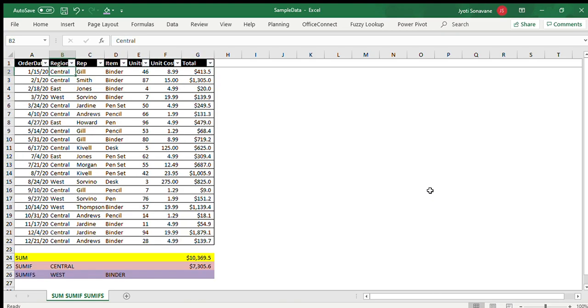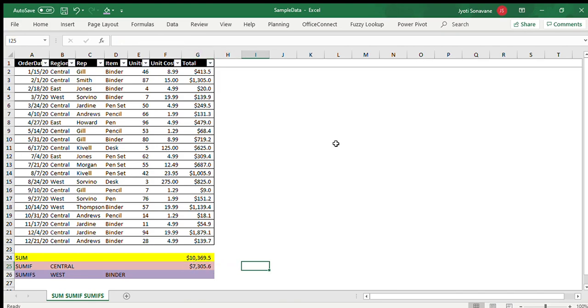Now I was talking about the criteria, whether it is in text or in numbers. As of now it is in text. Either you can select it if you have already written it down somewhere, or if you have not written that down, you can write it in the formula itself.